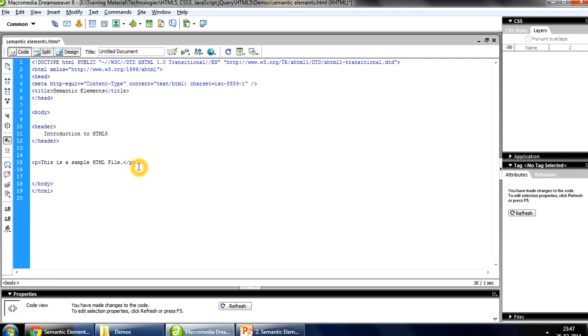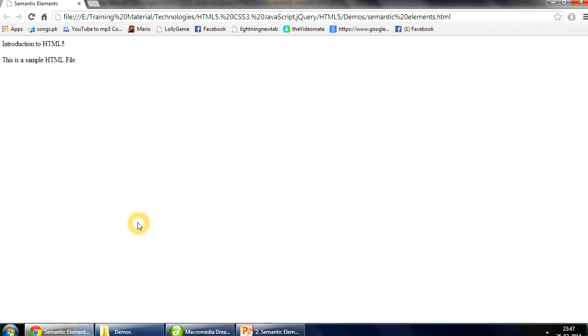Supposing we are done writing our code, so let's write the footer. It will show the copyright symbol, and after that you can write any statement that you want. Save it and refresh it. You can see this copyright 2014 Brainy Bus. So you can put the copyright information over here.